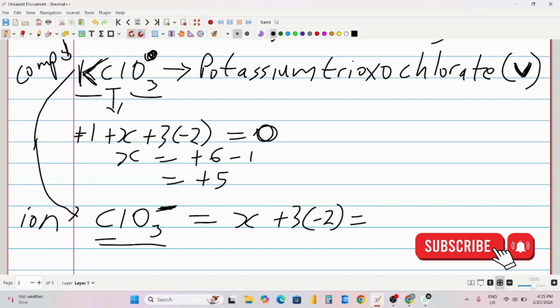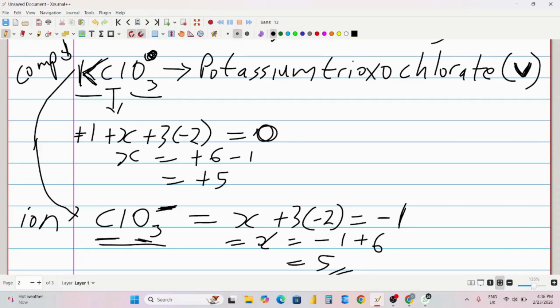So we call this the net charge. That's what we call it, the total charge. So this minus covers both chlorine and oxygen combined. That's why their oxidation numbers are equal to it. So it will be -1. Then x, that's -1 plus 6, and that also still gives us 5. So the difference in the solution is that for a compound we equated to 0,